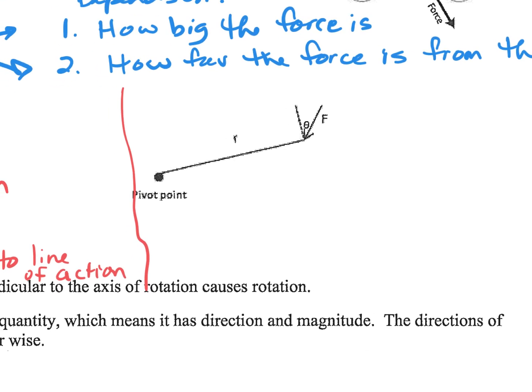Because you're correct. The only part of the force that's going to be applied is the part that is perpendicular. So how do we find that piece? Well, if you think about it, here's a 90-degree angle, right? So this guy right here is going to be